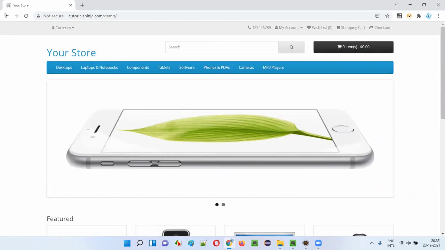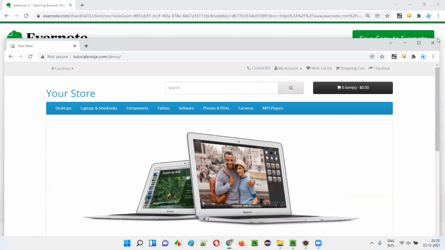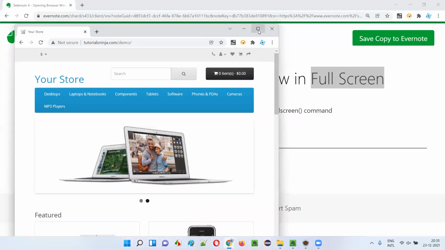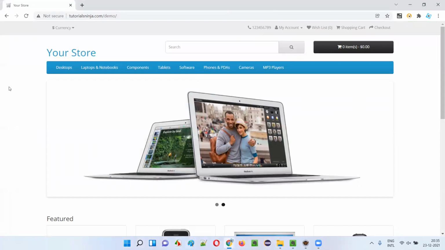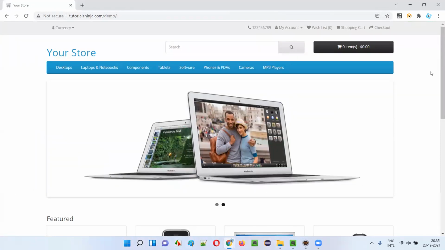Okay, this is a maximized mode, guys, and this is a resized mode. Whatever you are seeing now, I can resize like this. This is a resized mode. Whereas if I click on the square bracket, this is a maximized mode. Then what is a full screen mode then? This is not the full screen mode, right? This is a maximized mode.